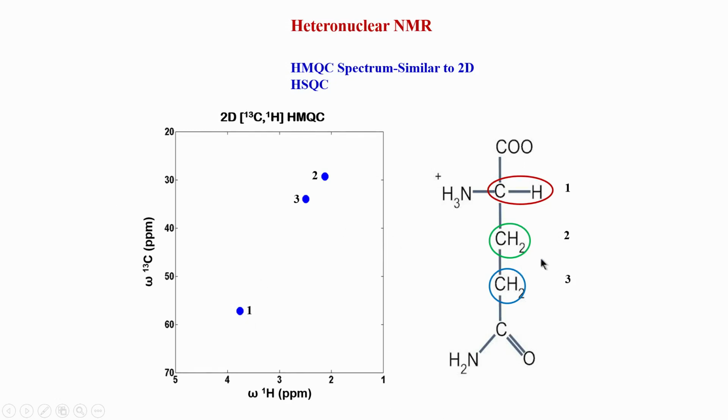Now, the second pair is CH2. Remember, the two protons of this CH2 are not equivalent. This is something you have to keep in mind, because this is a chiral carbon, so there is an asymmetry in the molecule. These are not equivalent, but here, for simplification, I have shown it as a single peak, but there are 2 peaks, and the chemical shifts of these 2 protons will be either very close or quite different depending on the particular structure in the protein.